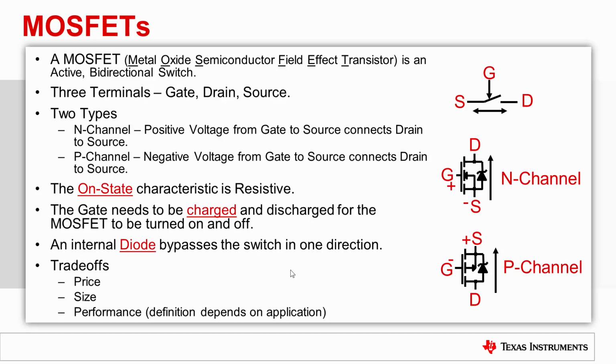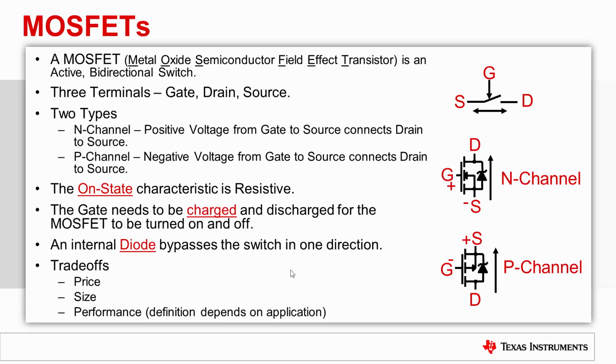A metal oxide semiconductor field effect transistor, or MOSFET for short, is a three-terminal device with terminals drain, gate, and source. The MOSFET is by far the most common transistor in digital and analog circuits, replacing the ever-popular bipolar junction transistor, or BJT. Power supplies use MOSFETs for switching voltages and currents and can act as both control switches and synchronous rectifiers. The two types of MOSFETs are N-channel and P-channel devices.